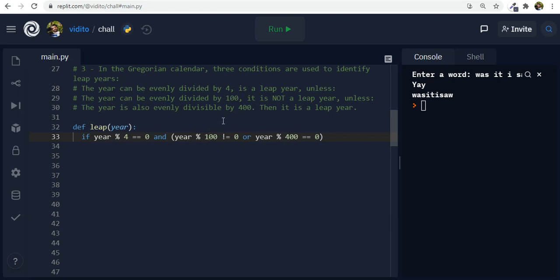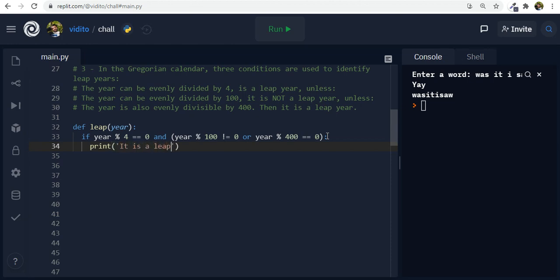Either if we divide the year by 100, it should not have a remainder. I mean, it should have a remainder, that is, the remainder should not be 0, so it should have some remainder like 2, 4, whatever. Or if we divide a year by 400, the remainder should be 0, that is, it should not have a remainder. So if this is the case, then we can print